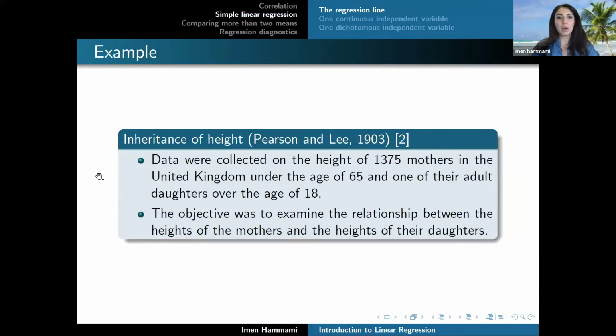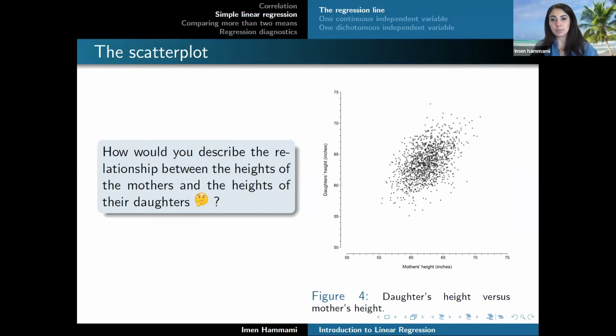Okay. I'm going to show you a very famous example in linear regression. In most textbooks, you see examples about the height of fathers and the height of their sons, or the height of mothers and the height of their daughters. This is one of the very first applications of linear regression. In this plot, I'm showing the association between daughter's height and mother's height. As you may expect, daughters will tend to be taller if the mom is tall, and short if the mother is short. But